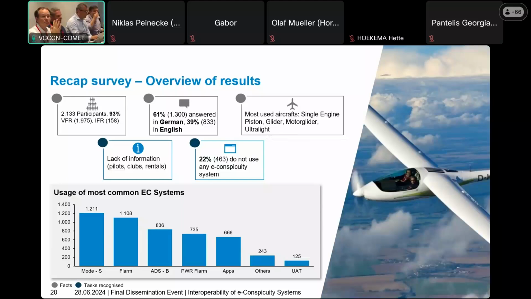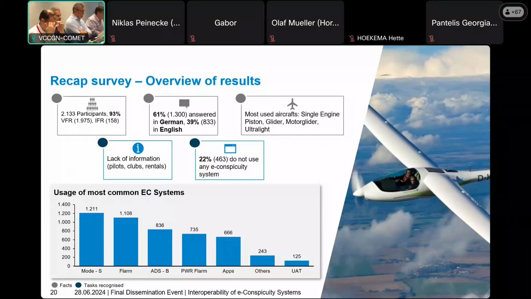A little recap on the survey results. It was a very impressive number of participants, which we did not expect. It was over 2,133. And on this slide, you can see the composition of the participants and the used systems. And the first important task came out there very clearly from the survey. It was information and communication. We have a big lack of information